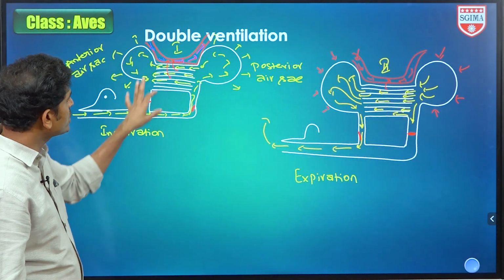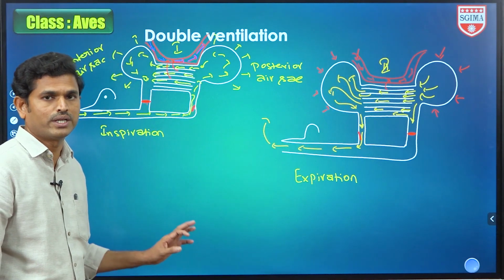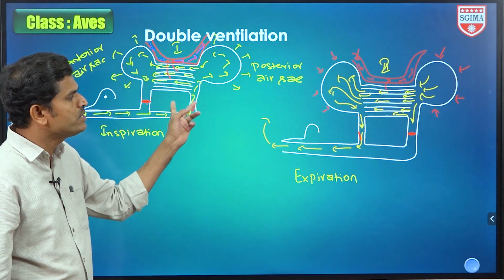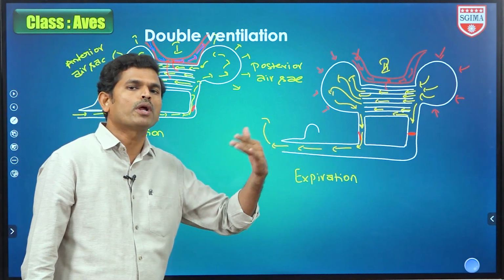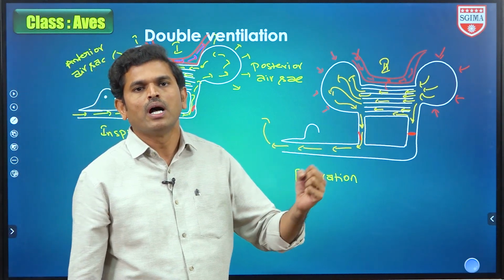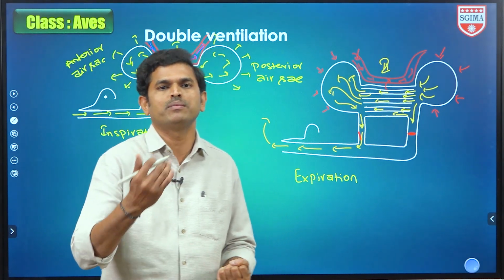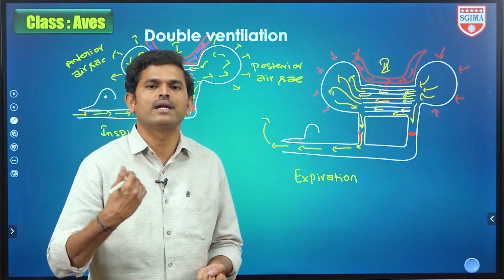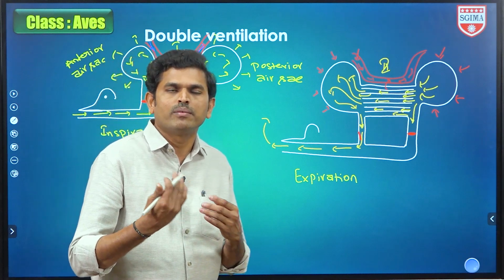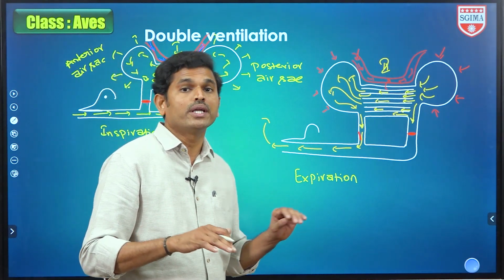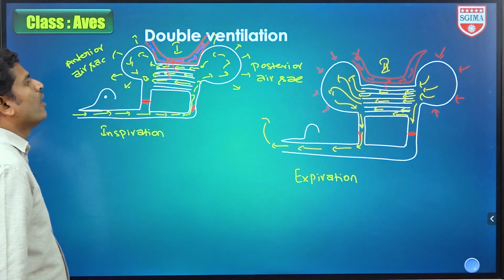So during inspiration, exchange of gases, during expiration, exchange of gases will take place continuously. This continuous exchange of gases favors the organism for supplement aeration, meaning more oxygen will be absorbed into the blood, and more ATPs will be utilized, so the organism will always be active with more energy, and the ATPs utilized will also help to maintain or regulate the body temperature. So this is the most important advantage of this double ventilation process.